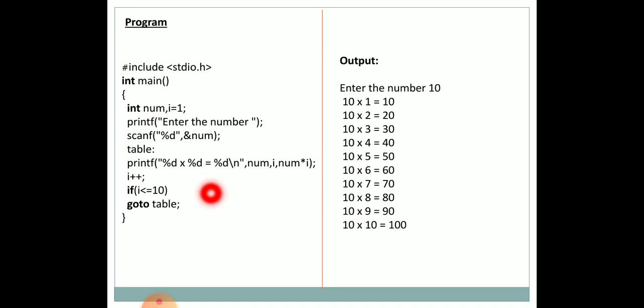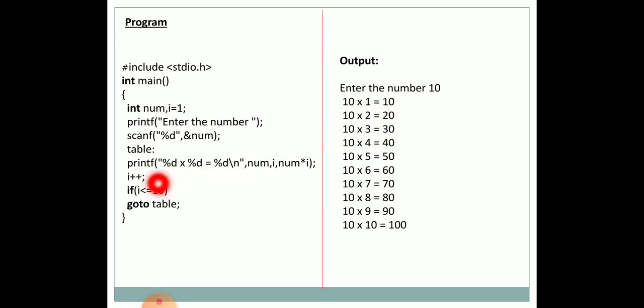So 10 into 1 equal to, then the next %d specifies the value of num into i. The product of num into i, that is the product of 10 and 1, that is 10 into 1 equal to 10. That will be displayed as the first output. 10 into 1 equal to 10.